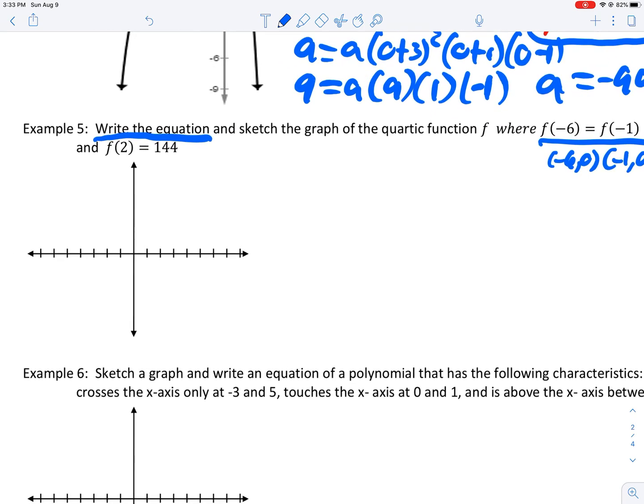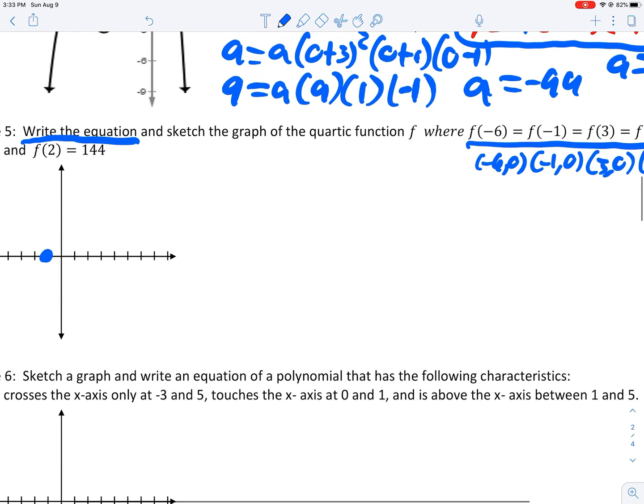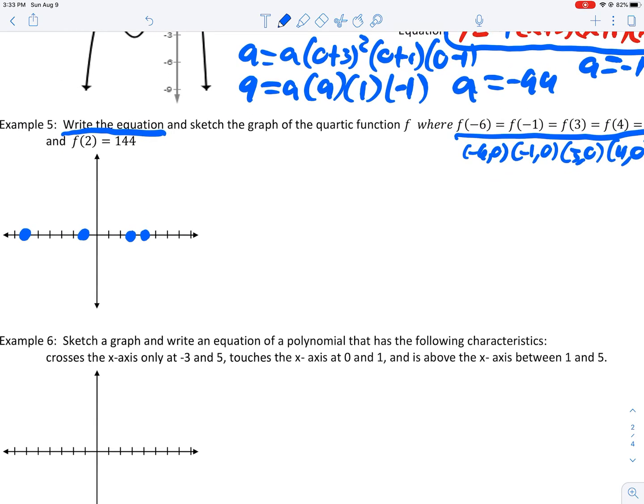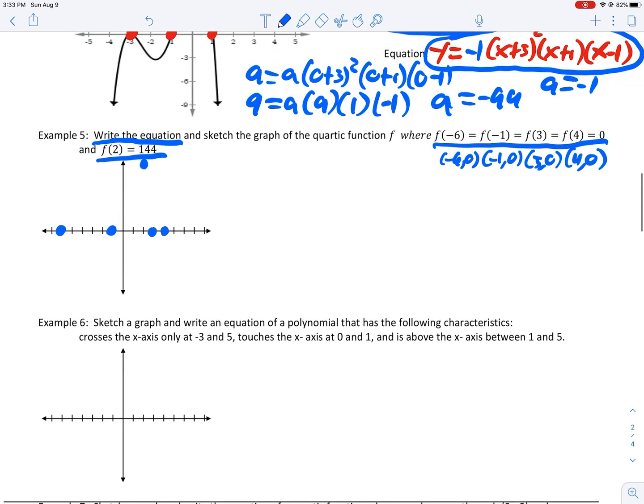So -6, -1, 3, and 4. And they gave us the point (2, 144). That's somewhere up here. That's that extra point. That's what I'm going to have to plug in. So my equation right now